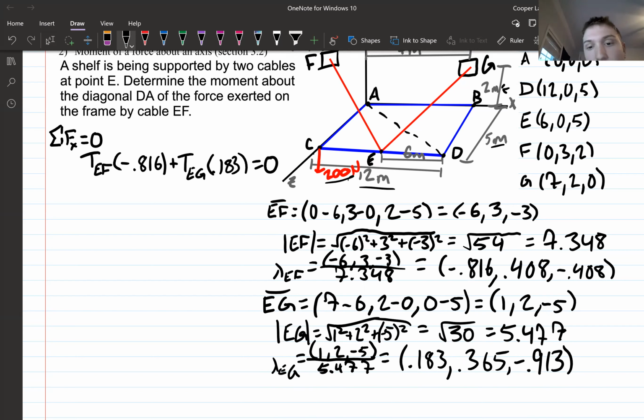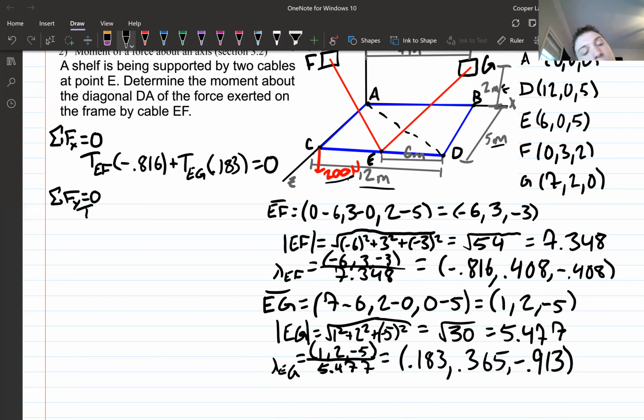I'm going to use my sigma f sub y, because I want to use this 200, so that way I get a nice value for it all, and I don't just have it equaling 0 and being really inconvenient. So I'm going to do sigma f sub y equals 0. And that will give me my